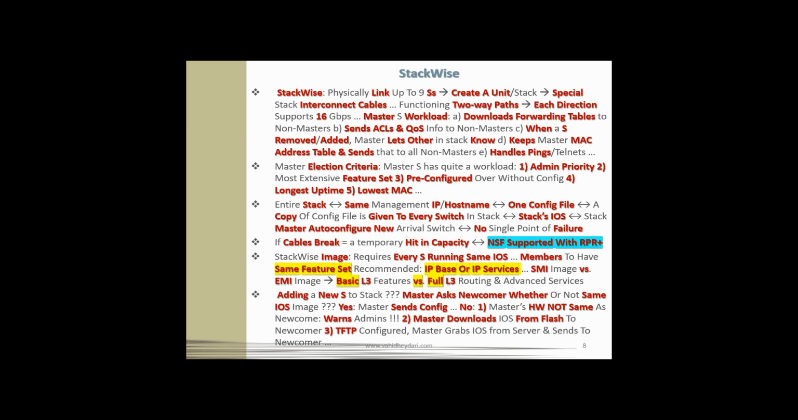However, the failure takes literally microseconds. So a 50% cut in service is very, very short. So it's very, very temporary. And this is thanks to NSF technology that is supported in StackWise. We talk about NSF more. Non-stop forwarding, NSF, is supported in StackWise,